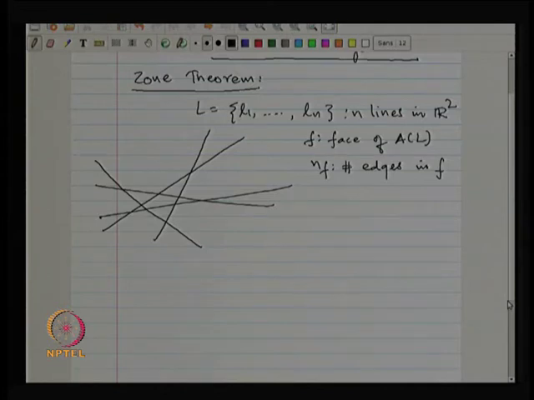For each two dimensional face f, I will use n_f to denote the number of edges. It does not matter whether I choose edges or vertices, because they are roughly the same. If the face is bounded, the two quantities are the same. If it is unbounded, they will differ by 1. Okay. Now, if I take another line,